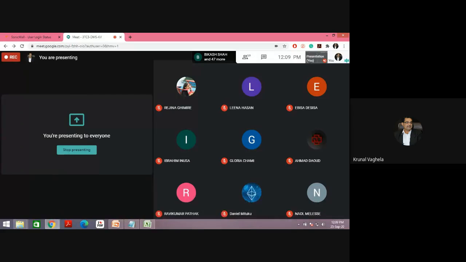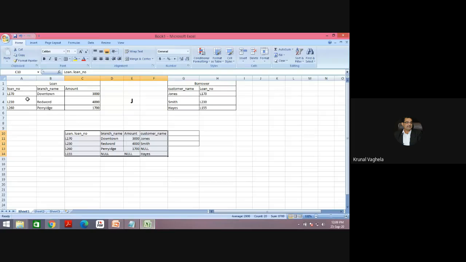So any doubt, anyone, in the left outer, right outer and full outer join operations? What it will do is take the common records first, like this. So L70, L130, L230, L170, these are common.